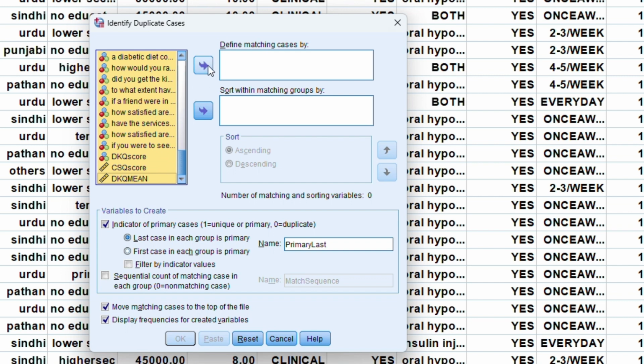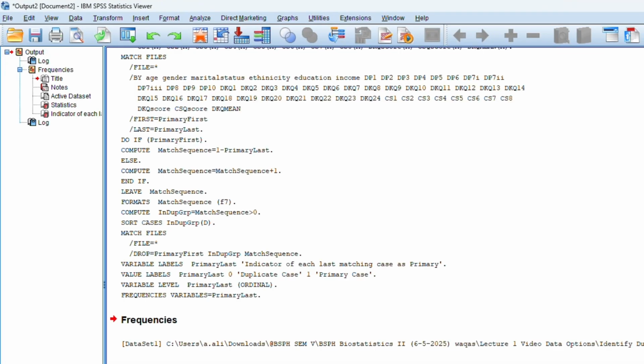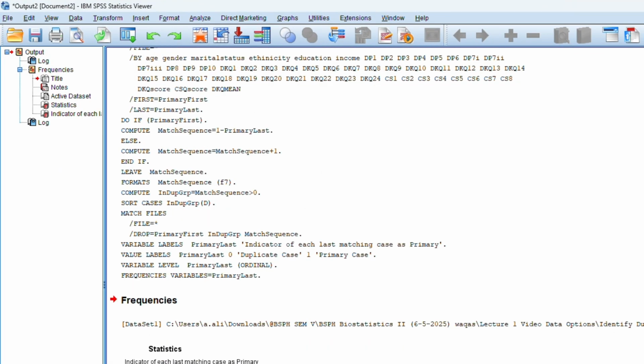matching cases by, and here we have two options: last case and first case of each group in primary, and the variable name is primary last. Variable name is primary last, and go to the OK button. Press the OK button,